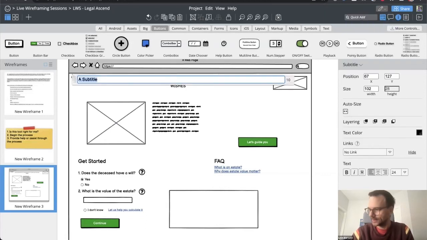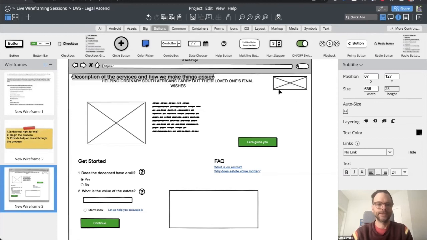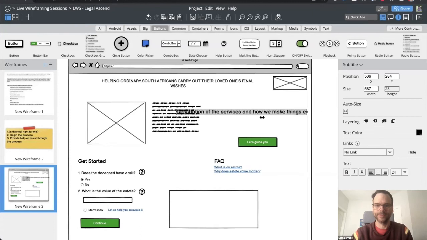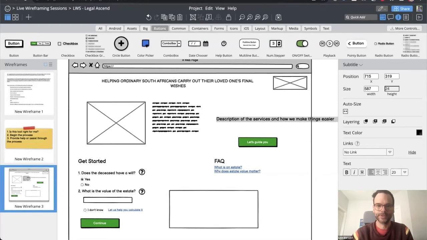This is kind of the services. So this is not going to be the actual text, but this will be kind of maybe what this area is, for example.